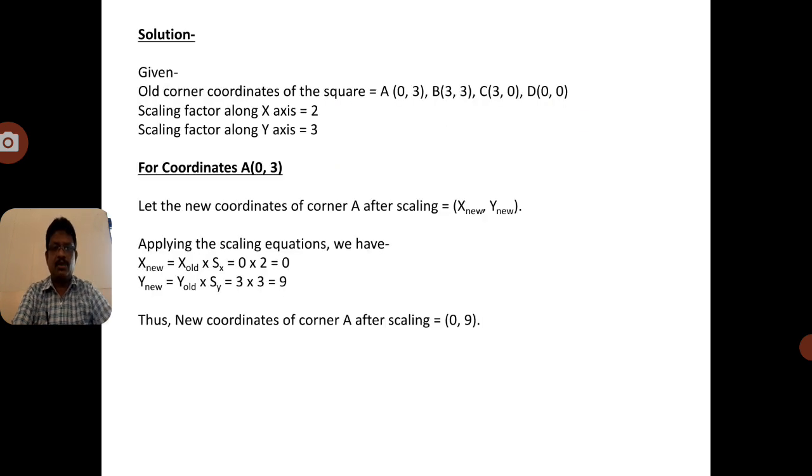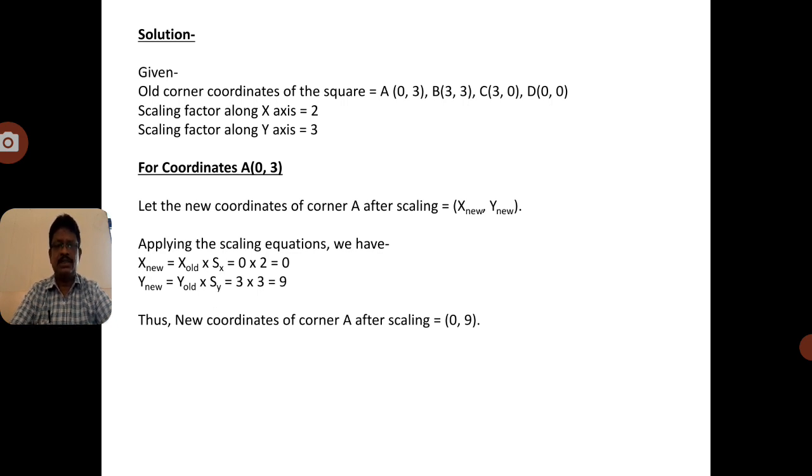Now you have to take the problem. The coordinates are given, and the scaling factors are Sx equals 2, Sy equals 3. For the equation, we are finding the new coordinates x new and y new, where x new equals x world into Sx, that equals 0 into Sx, which is 0. So now we have to find the